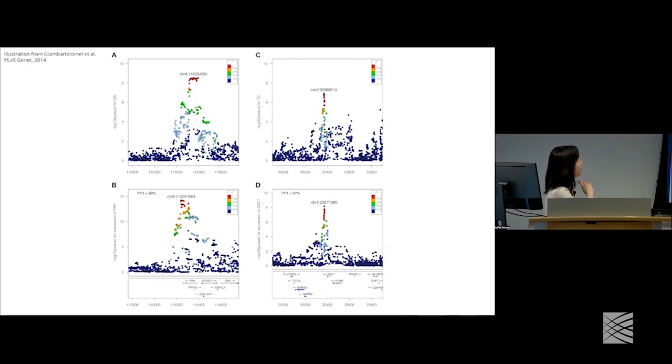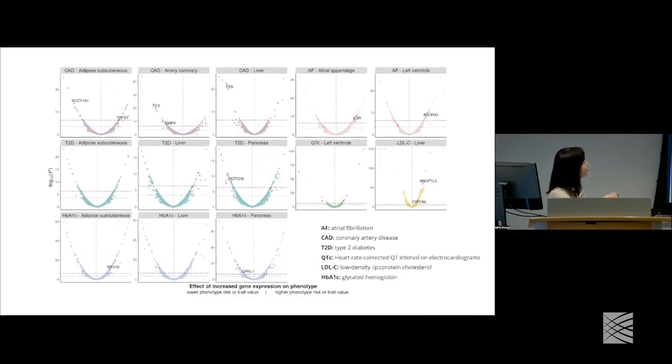This is the scenario that we want to have by using co-localization analysis to process the TWAS results. And using a probability cutoff, you can prioritize high-confidence TWAS results from the first step. So here is the result of our entire analysis. Each panel here represents one phenotype with one of its biologically relevant tissues. For example, this panel is LDL cholesterol in the liver tissue.